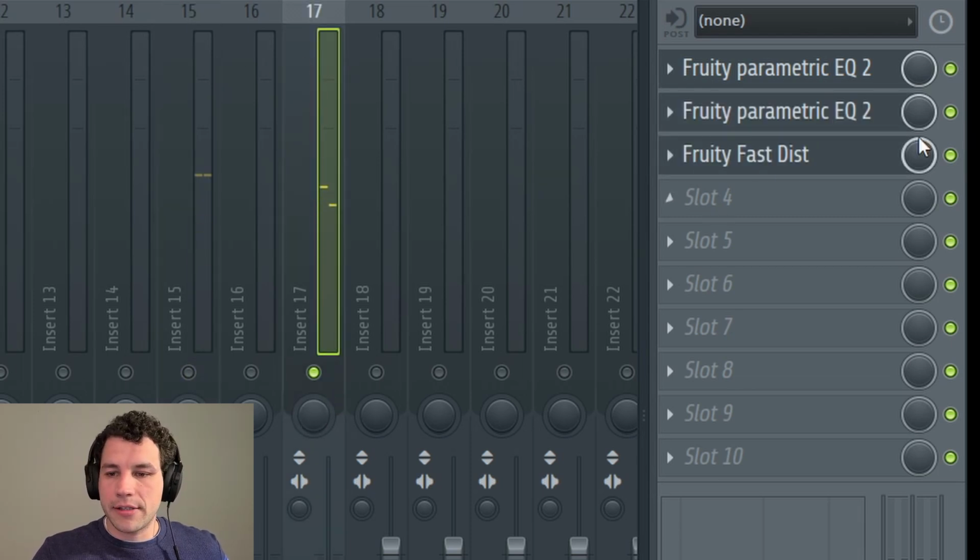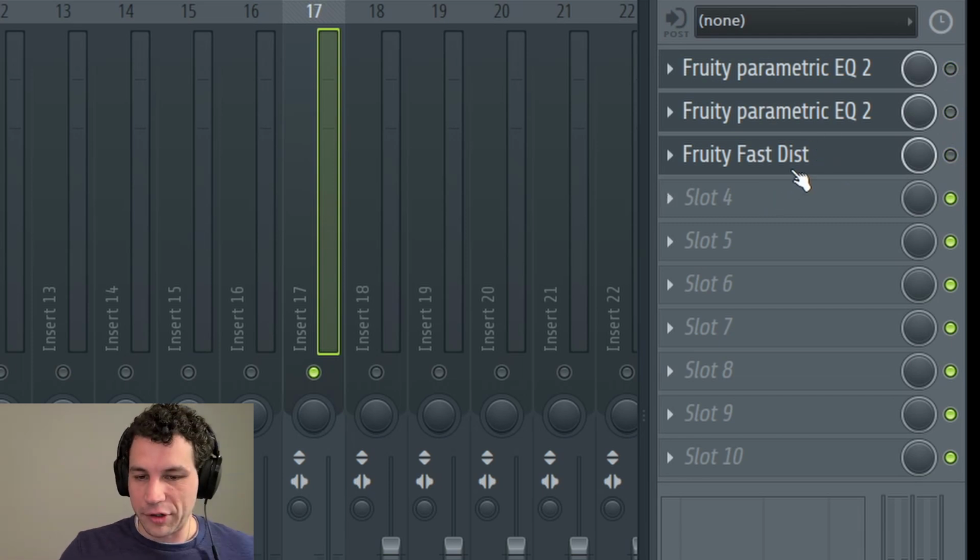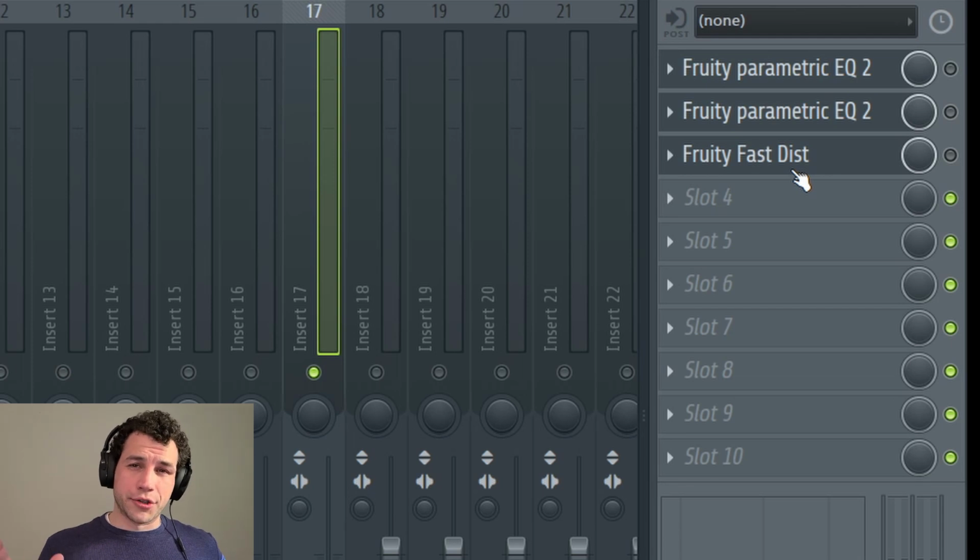Now with the bass here, I got a couple EQs on it, and I have some distortion as well. It sounds like I probably need to bring that distortion down a little bit, but we'll see. Probably alter the distortion when the rest of the beat's playing. Like as the bass is playing on its own, it sounds pretty distorted, but sometimes you want that. You want a little bit of saturation. That's good distortion,